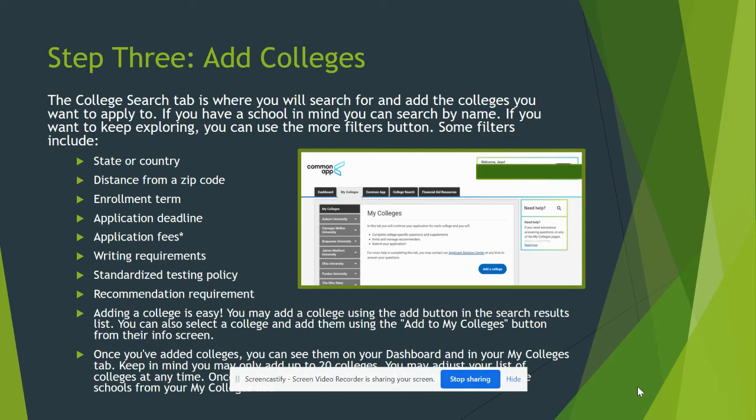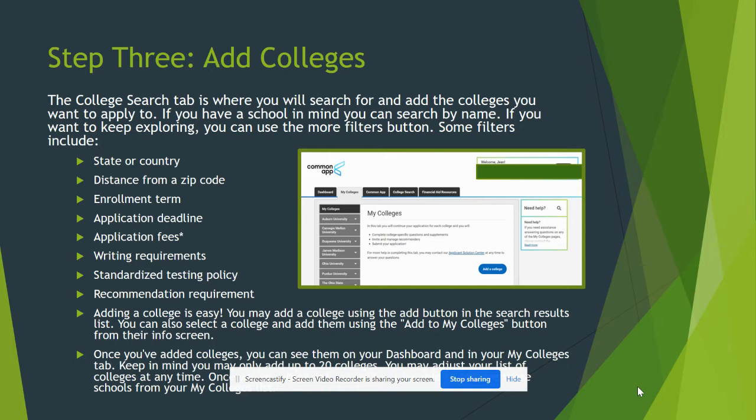Step 3 is adding some colleges. In order to match your Naviance account with the Common App, you'll need to add at least one college using the College Search tab. So as you can see on my graphic here, you go over to the 4th tab, College Search, and you can look up a specific school. If they're not listed, that most likely means that they do not use the Common Application. If they are listed, you're going to click on the plus button and add them to the My Colleges tab. It's important that if you're not 100% sure of what colleges you're applying to, you can use the college search function